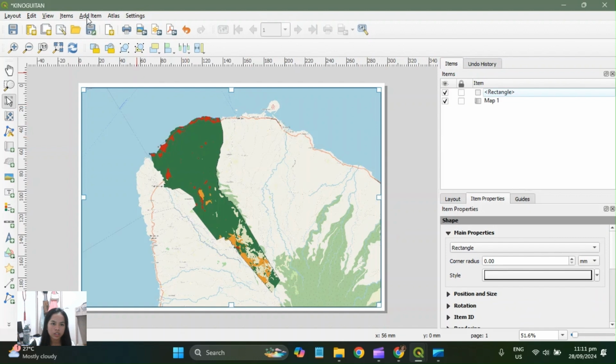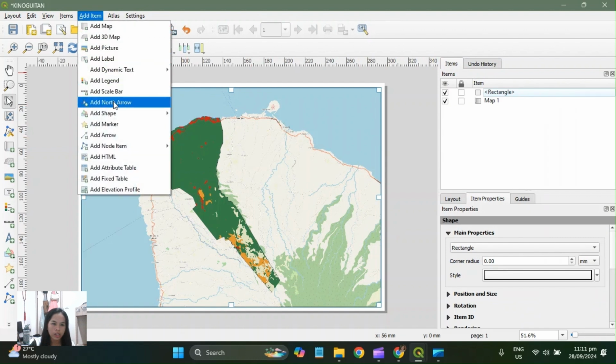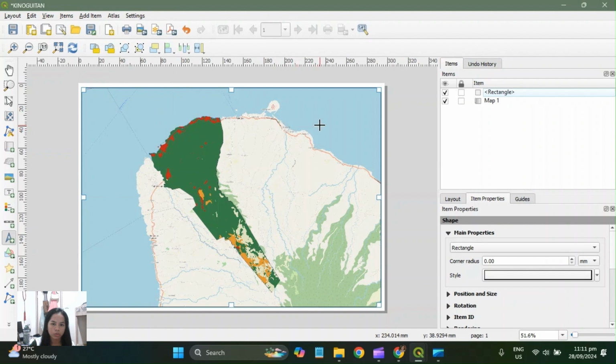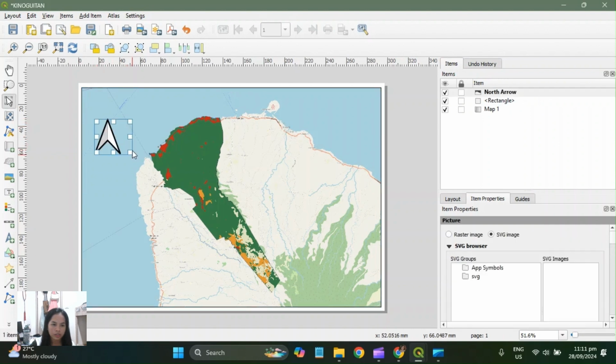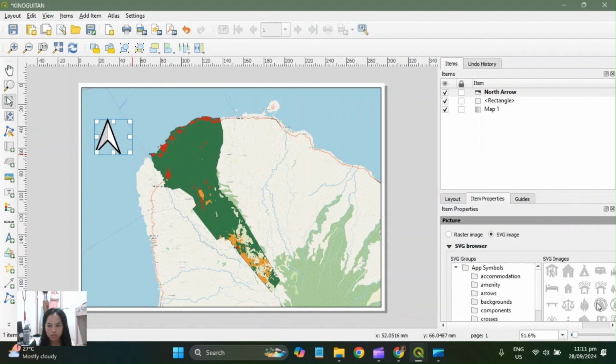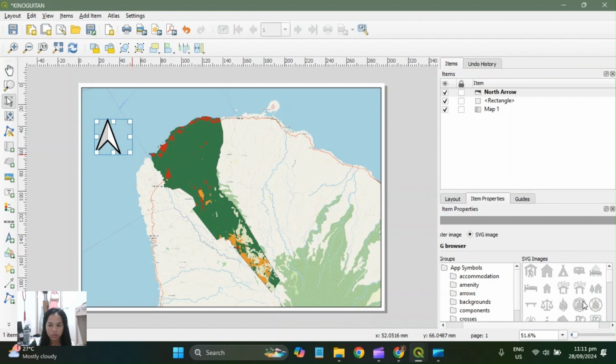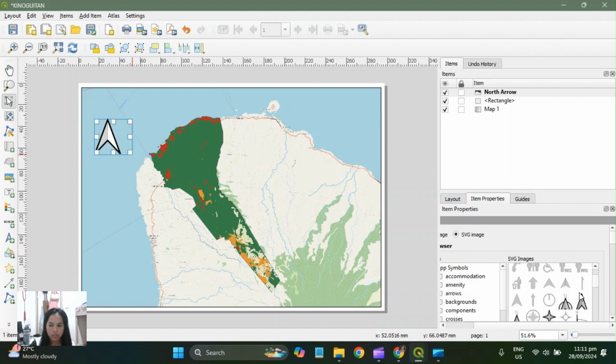Next thing is add item for the north arrow. So we want the north arrow to be on this side. You can choose your preferred kind of symbol. Let mine look like that.